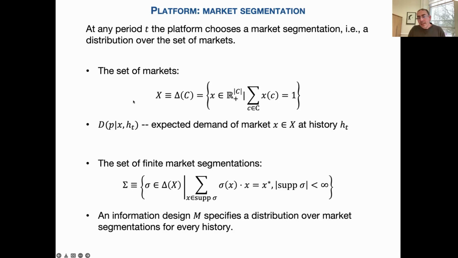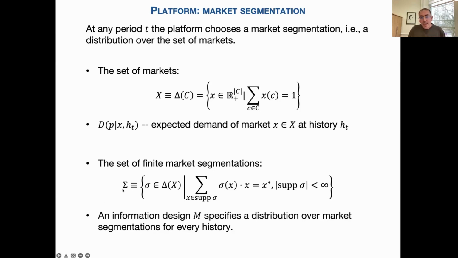Now, to each market is associated a demand. What is the demand? The demand is what the platform has learned about the consumers of that particular characteristic, given all the data that the platform observes. So this is just the Bayesian updating posterior of the willingness to pay of each consumer with characteristic C, and the demand just aggregates all this information depending on the composition of the market.